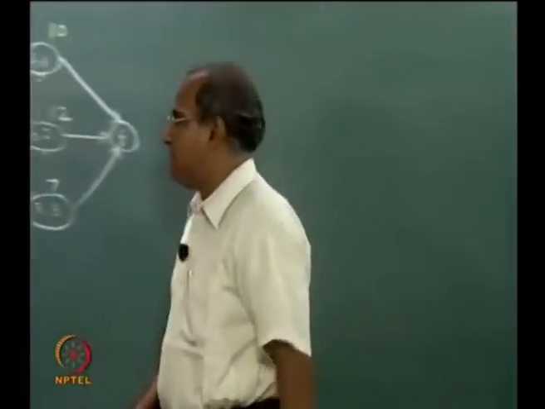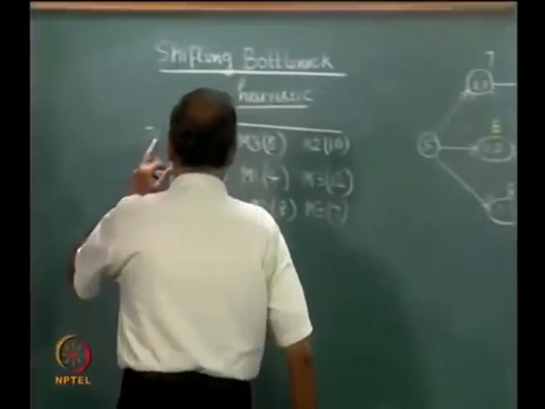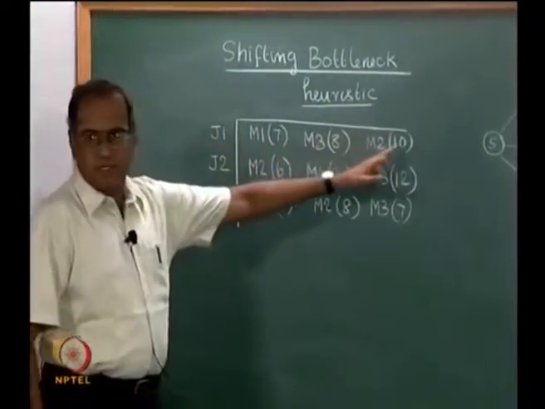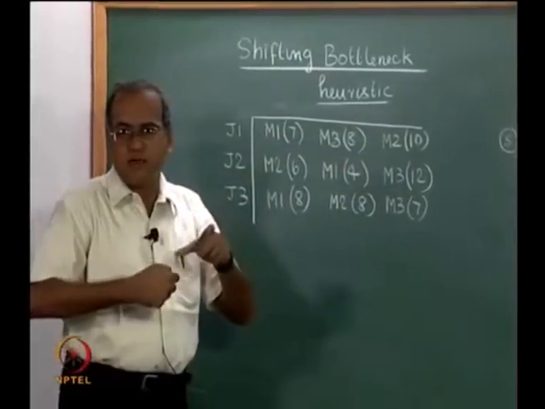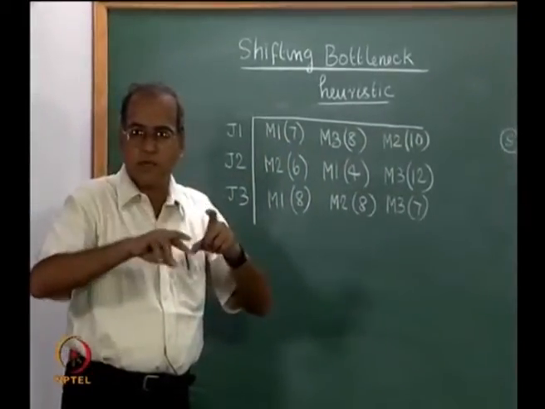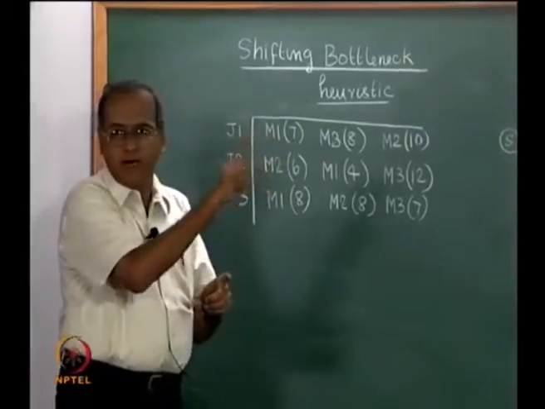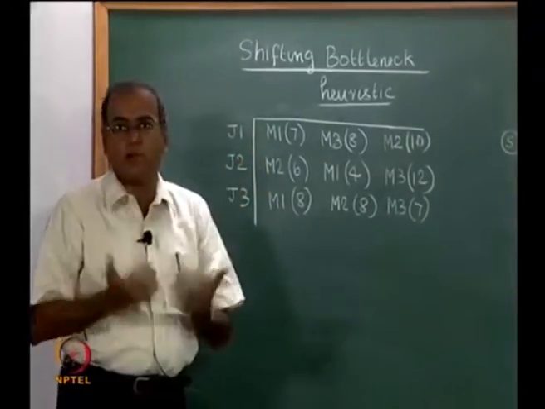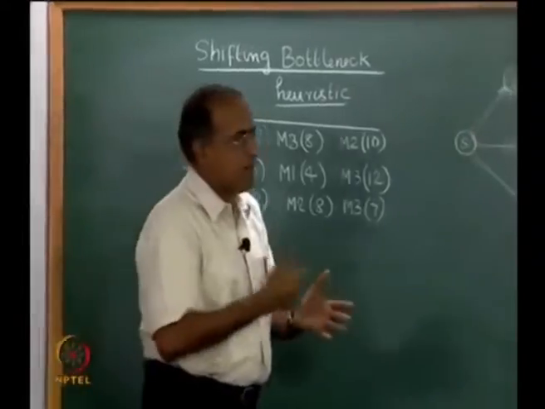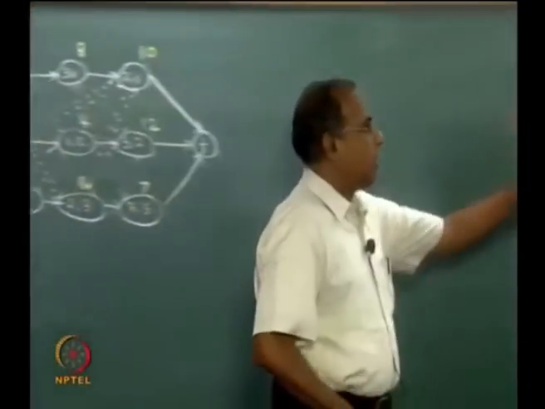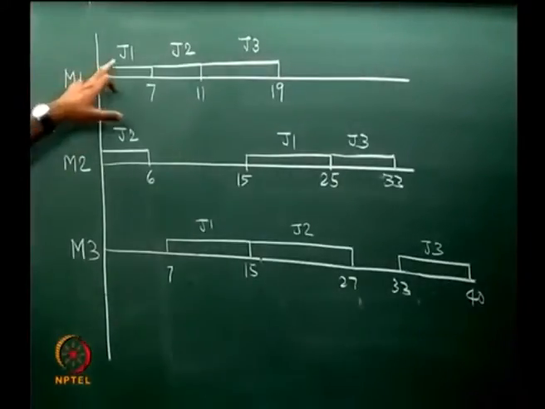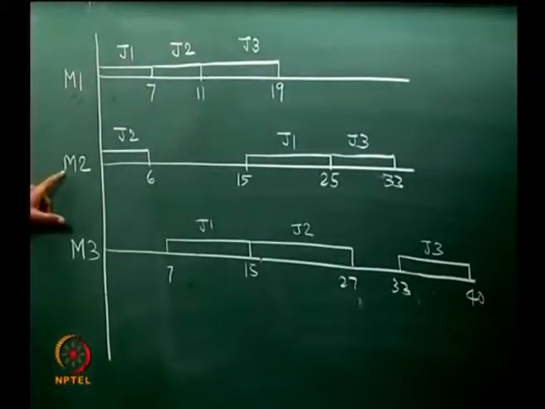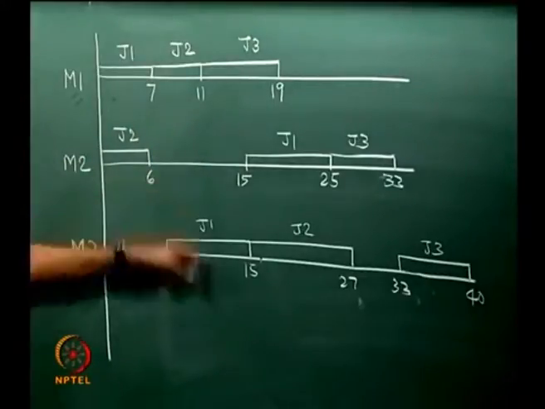In any case, if we see here, job 1 has to visit all the 3 machines, but we are interested in taking each machine and the order in which the jobs come in. That is the variable part which we are actually trying to optimize. If we are able to get the correct order, at the moment if the order on M1 is J1, J2, J3, order on M2 is J2, J1, J3 and order on M3 is J1, J2, J3, the